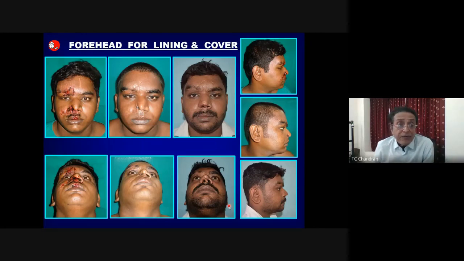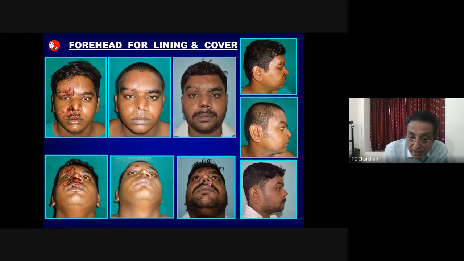Now, forehead for lining and cover, sometimes even the columella is lost. Then in such circumstances, you may have to use the forehead with a trapdoor for lining, or you can even use a folded forehead. But remember, nostril stenosis is always a problem. You may have to do multiple procedures for that thinning.